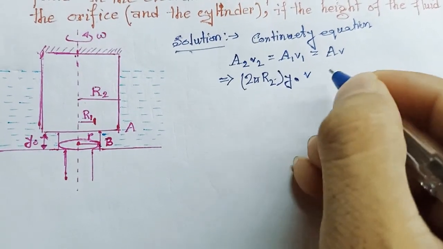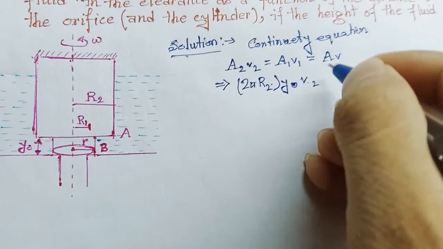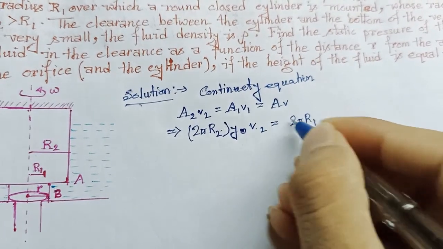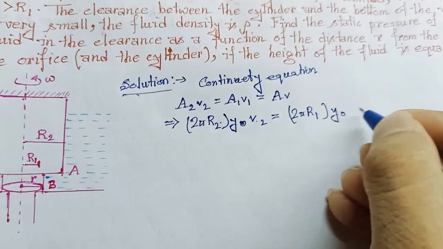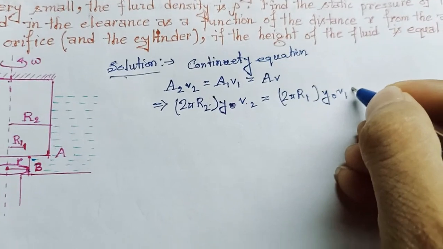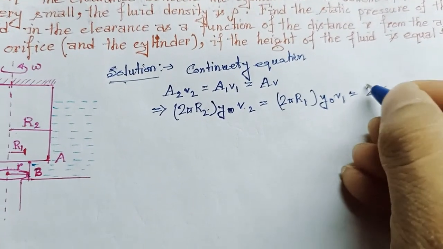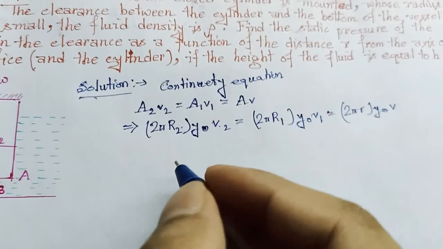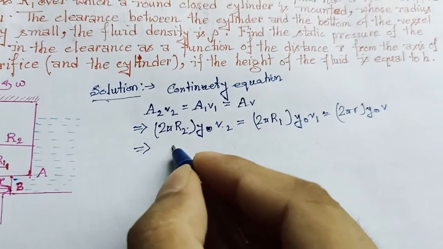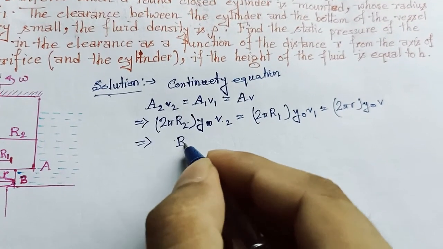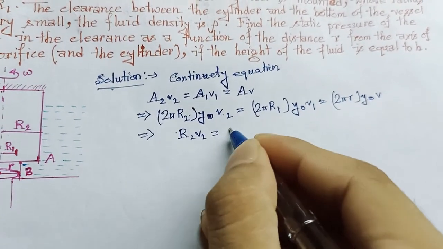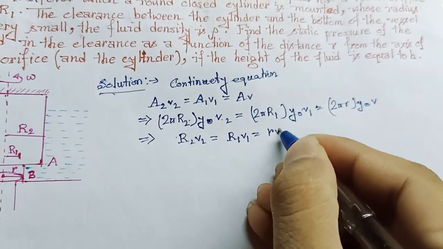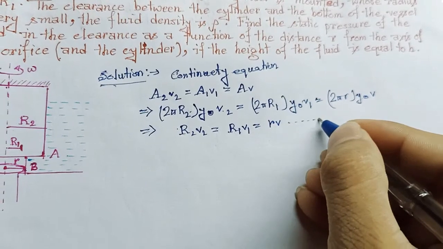So 2 pi r2 y0 times v2 is equal to 2 pi r1 y0 times v1, which is again equal to 2 pi r y0 v. If we solve this equation, we can find r2 v2 is equal to r1 v1, equal to r v. So this is our equation number 1,